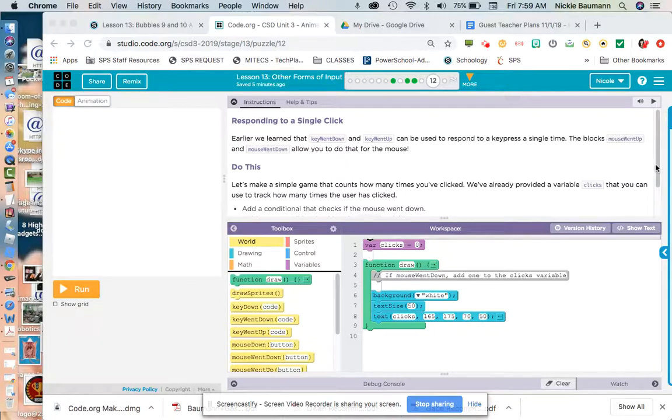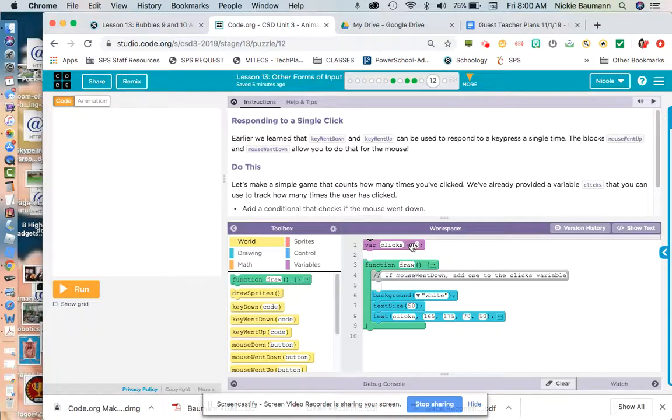It's not like if you're holding the mouse down. So a few things, we are going to make a simple game that counts how many times we've clicked. So think of like Cookie Clicker, if you will, and it's going to count for us. So right now, it's keeping track of our clicks. Our clicks are set at 0, and our goal is to create a program or an app or a code so that every time we click, it counts how many clicks we're clicking and it outputs it to the screen.